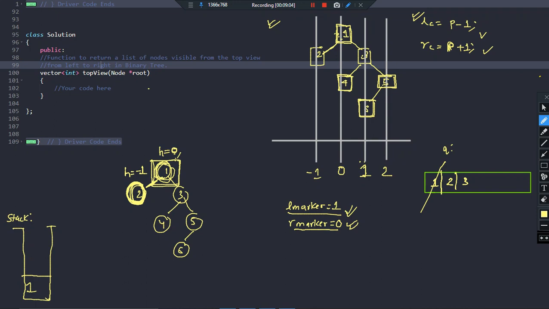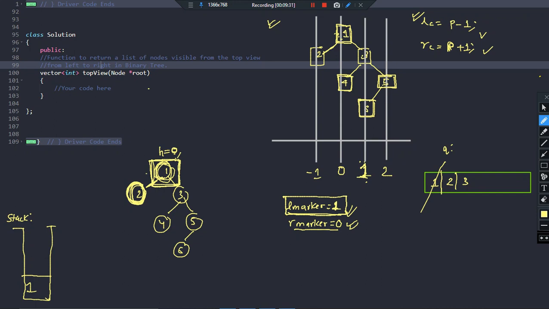And one more thing, before moving to the left child: we know that the left marker keeps track of the maximum point on the left that I have covered so far. Initially the value is 1, but right now when I am considering this node whose h is equal to 0, definitely 0 lies more left than 1, right? 0 lies to the left of 1.